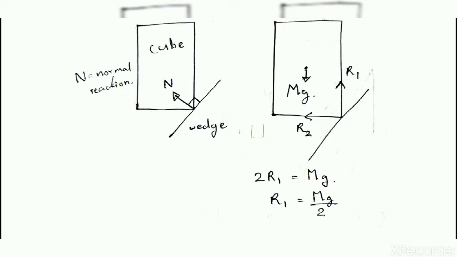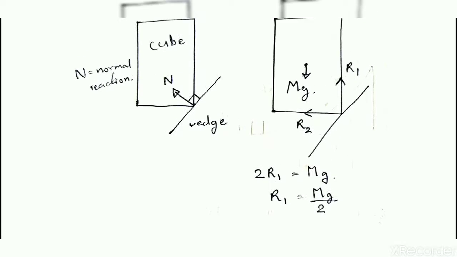When we divide it into components, the upward component will be R1. R1 is acting from the wedge towards the cube, and since there is a left side wedge also, we will get 2 R1 forces. 2 R1 is equal to the weight of the cube. 2 R1 equals Mg, so R1 can be taken as Mg over 2. That is the first thing we have to do after thinking about what is happening. Then we will move on to R1 and R2 and look at them further.